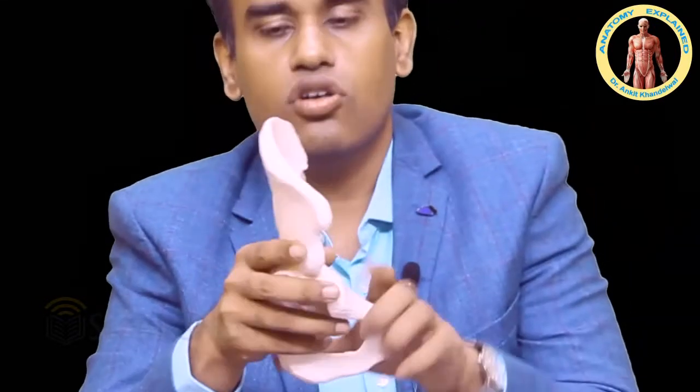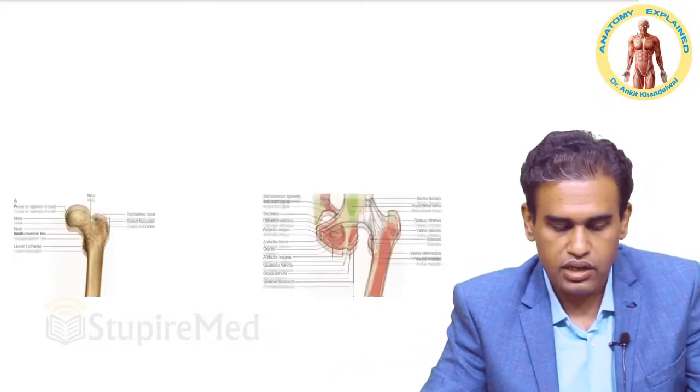Muscles which are coming from around the pubis, medial compartment or the adductor compartment of the thigh. Muscles coming from the ilium or the anterior part of ilium, the anterior or the extensor compartment of thigh. Clear? So that was general overview about the hip bone. Now let's proceed further into the femur.